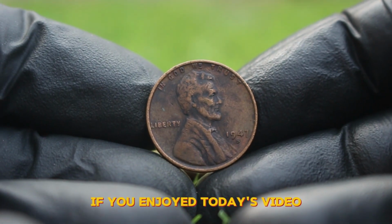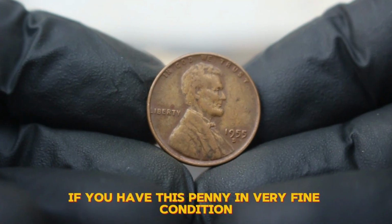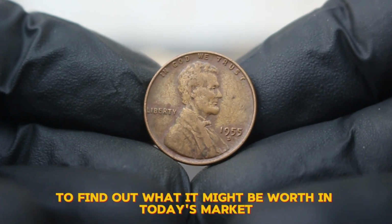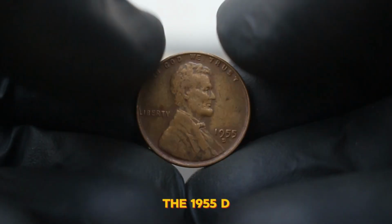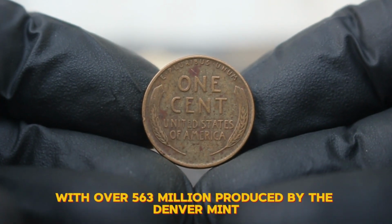If you enjoyed today's video, next up the 1955 D, minted in Denver. If you have this penny in very fine condition, you're in the right place to find out what it might be worth in today's market. So, let's jump in. The 1955 D Lincoln wheat penny was struck in large numbers, with over 563 million produced